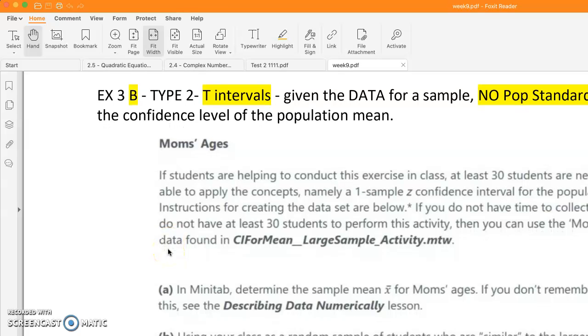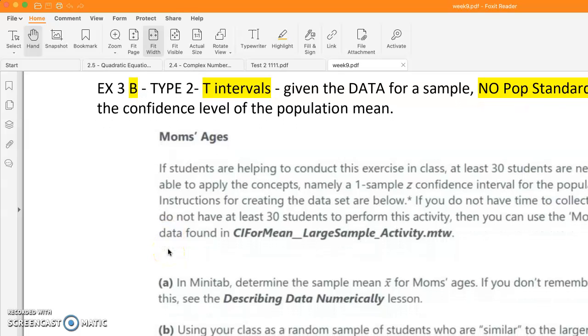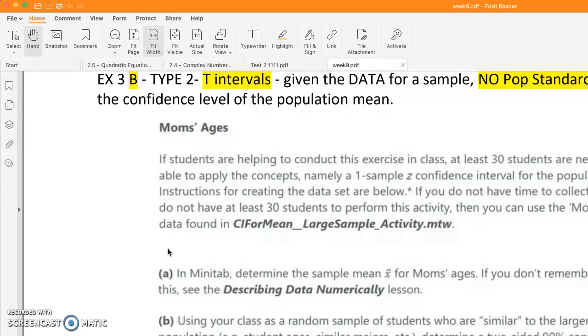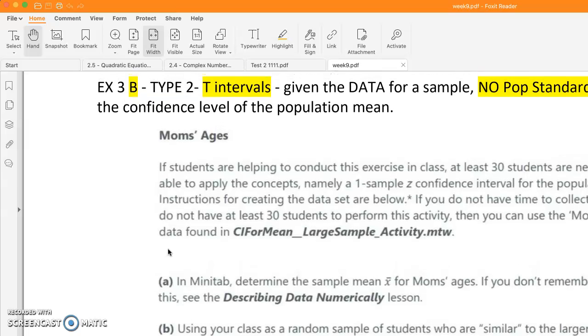Okay, so I'm going to walk through the t-interval example for you. Just make sure you punch in the correct things on Minitab. It's basically the same thing as a z-interval, only remember with the z-interval,